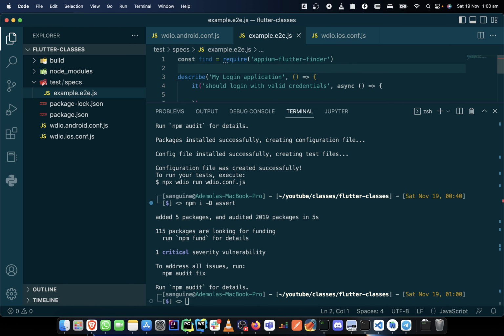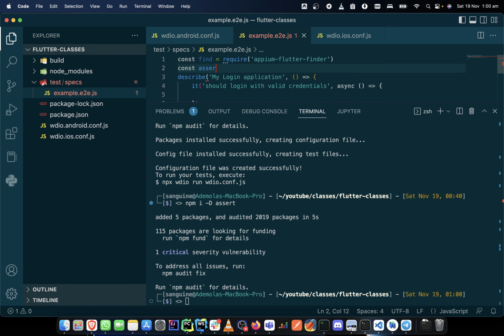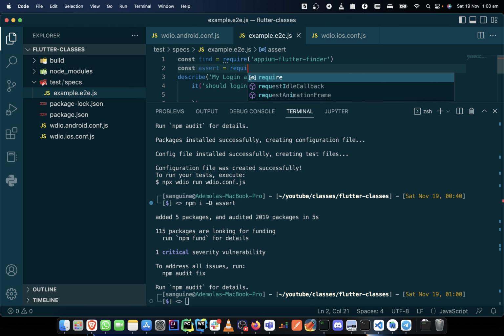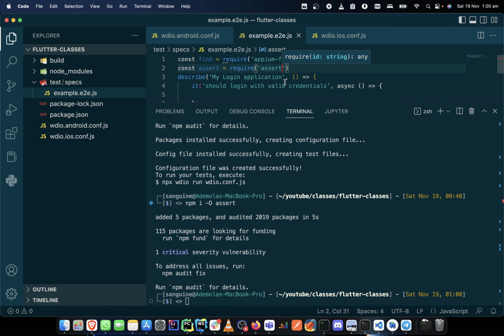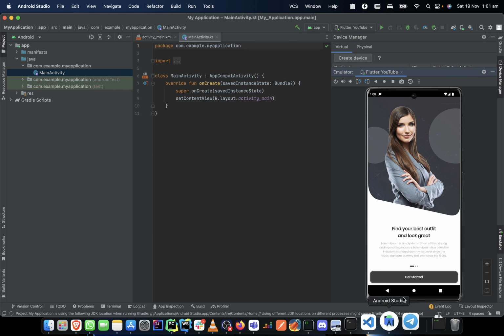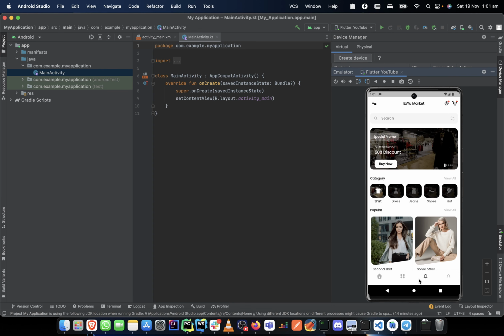So now the next thing is we bring assert in. So constant assert was require assert. Now that we've done this, what we want to do on the application, it is here, is basically just two things. We just want to click get started on the application, and after clicking get started, we want to come here and type